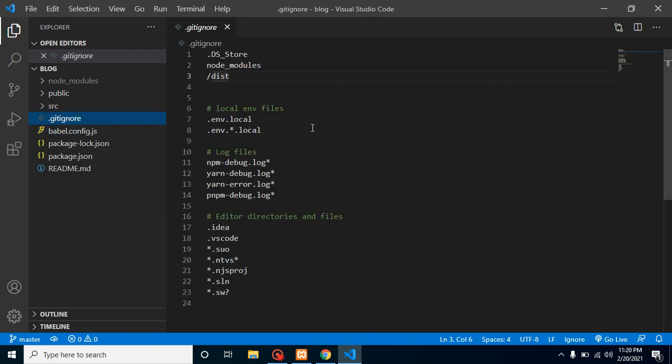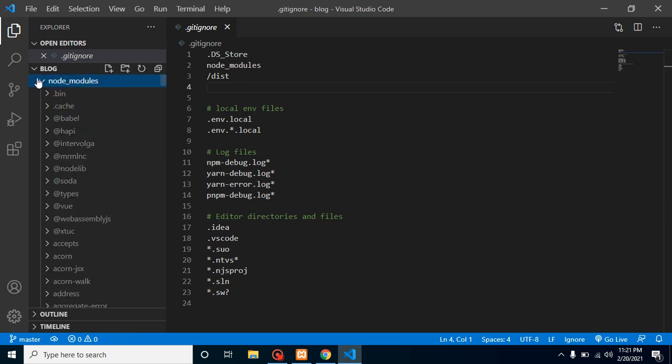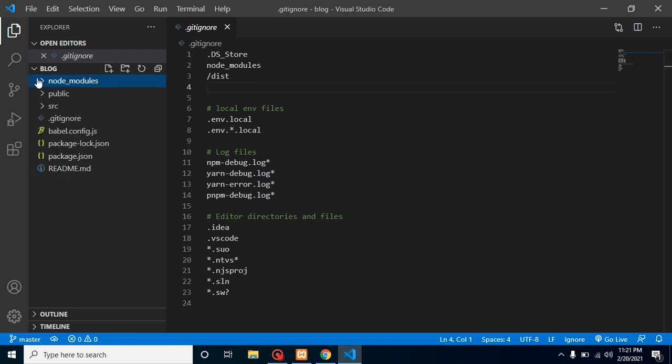After that, .gitignore. It tells which files you don't want to upload to your git repository. We never upload the node modules to our git repository because they are useless. Actually, they are not useless. I just want to say that if you upload them to your server, they are useless, because whenever a developer starts coding on the project, he must use the npm install command.